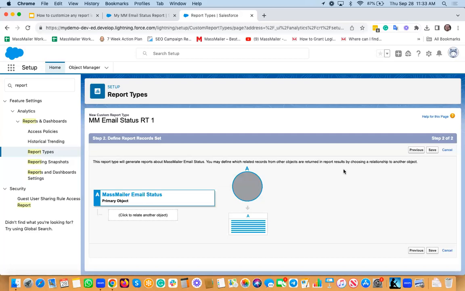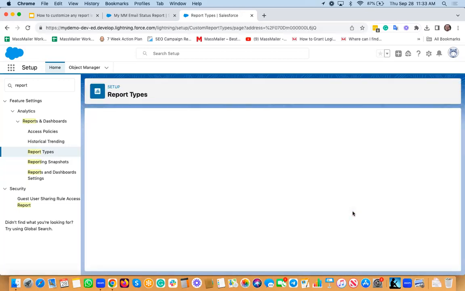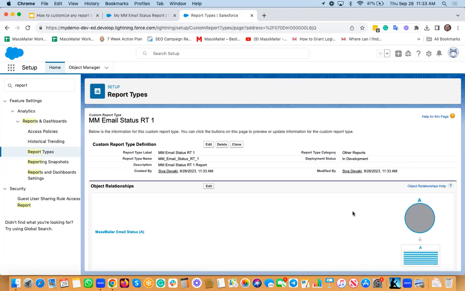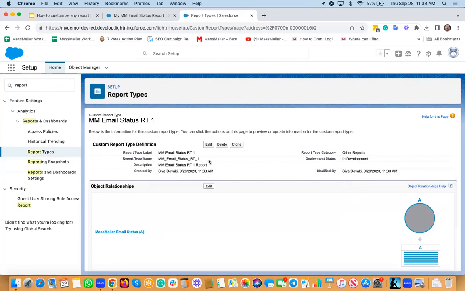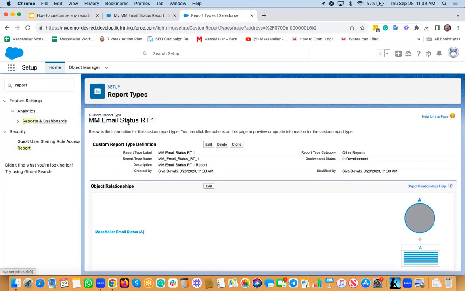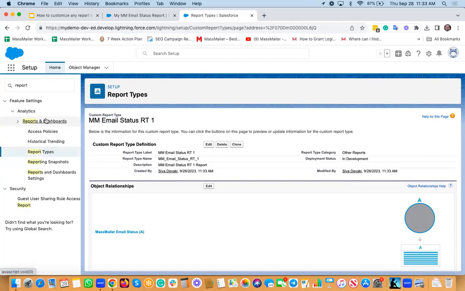Yeah, so you can always bring in other objects in this if you want to. If you don't want to, then you just say, hey, that's my report type. And then it's going to ask you to create a report based on this report type. So it is called email status RT1. So reports and dashboards, if you go, that's actually going to bring up